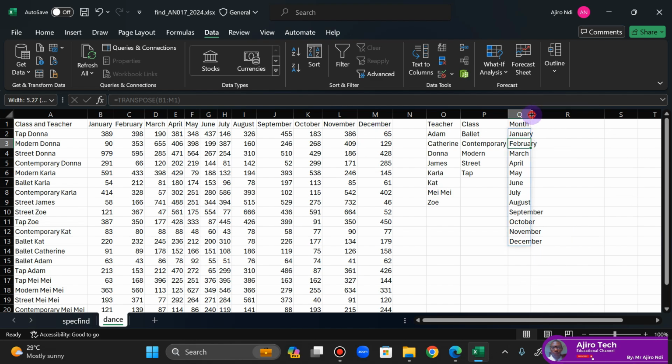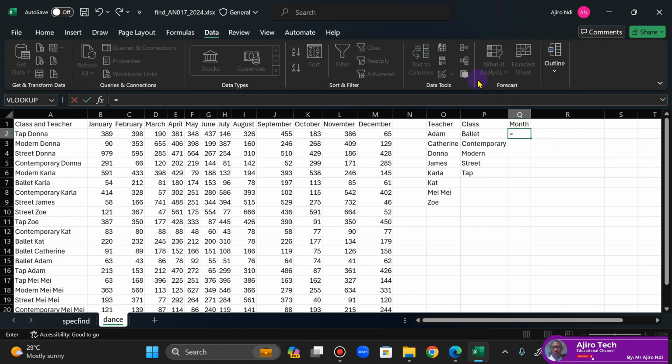Now if you're doing this and it's not working, this simple formula works from I think 2021 to 365, but if you're using anything older than 2021, you probably need to use Shift Control Enter. What do I mean? If you do the simple formula, it's not going to work. So let me undo it. If you're using 2016, 2013, 2019, this is what you probably need to do. So you hit equals TRANSPOSE